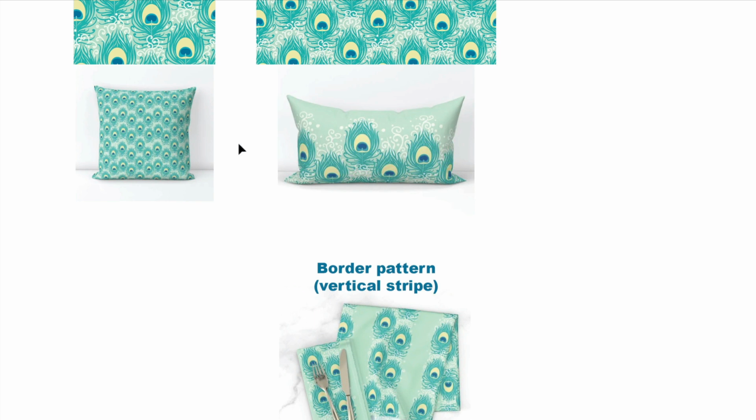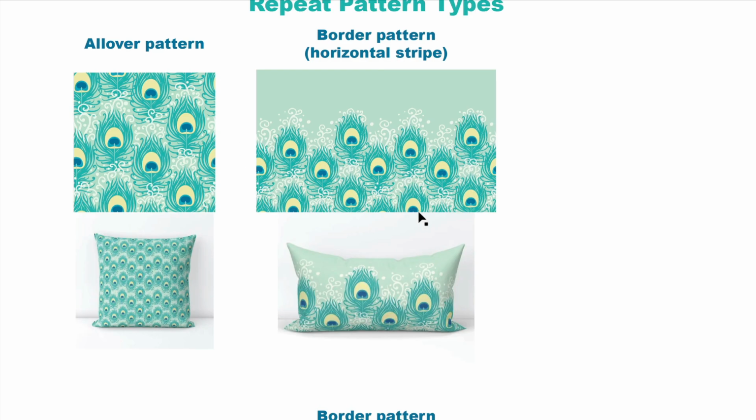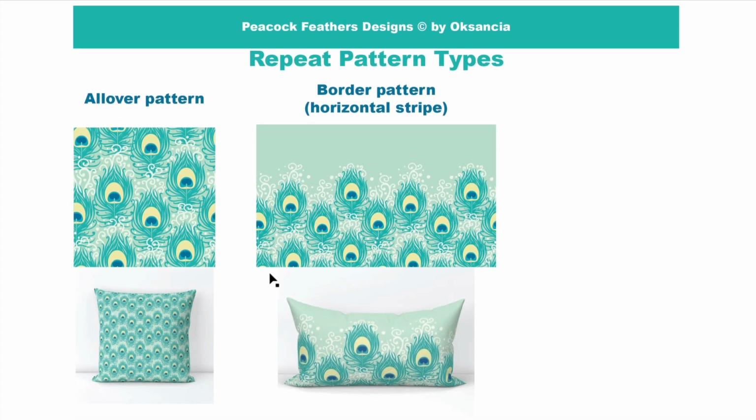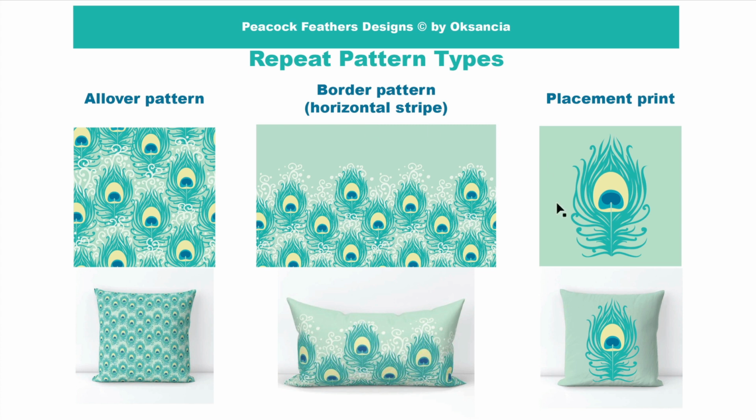Okay, so these are two main repeat pattern types, and sometimes I get a question, but what is a placement print? So these two types differ from a placement print because placement print actually looks something like this. So for example, it can be anything that goes with this theme in the colors, style, and maybe the topic. For example, it might be an actual whole peacock with the feathers on the tail that look like this. In my case, I just used one feather since I like how it looks like,